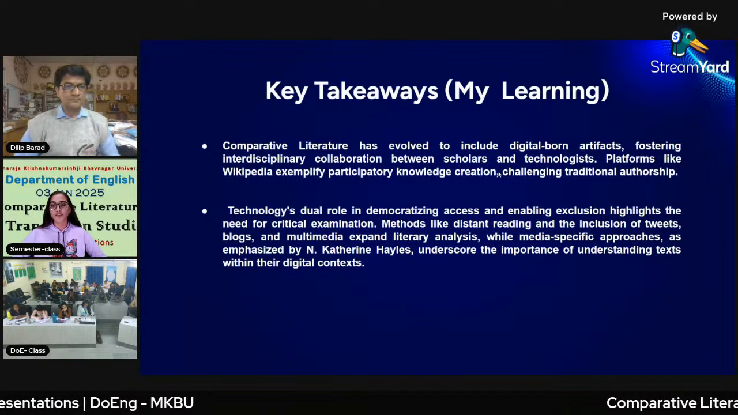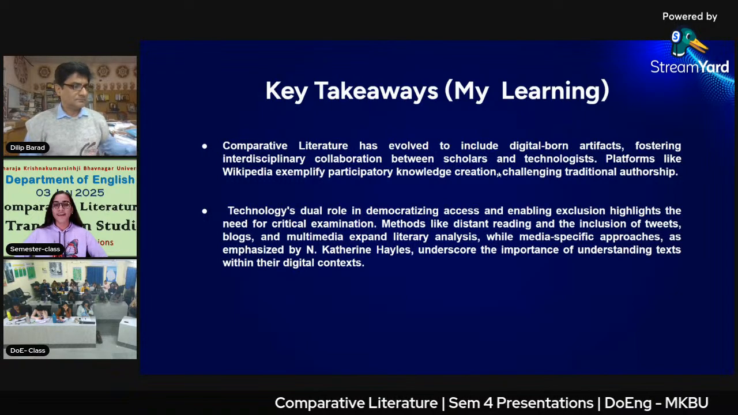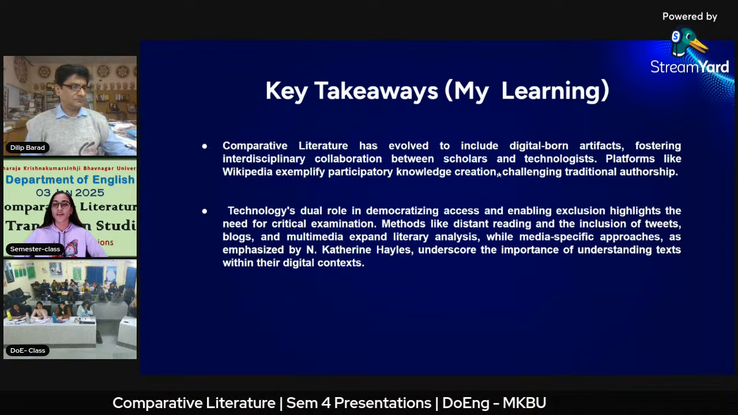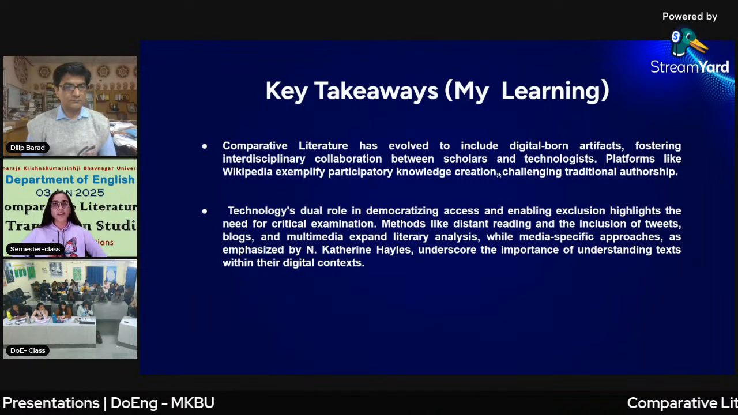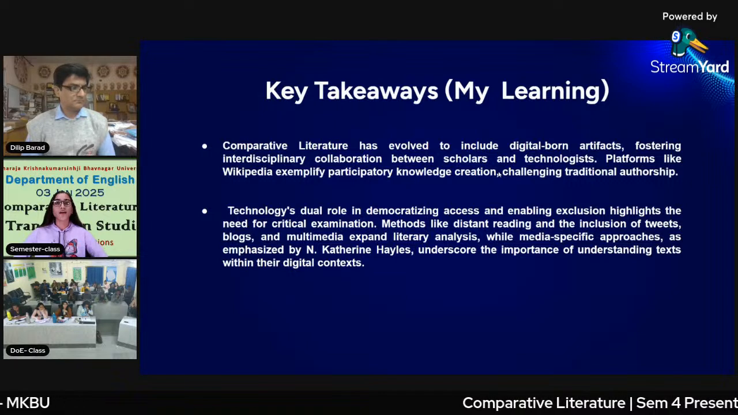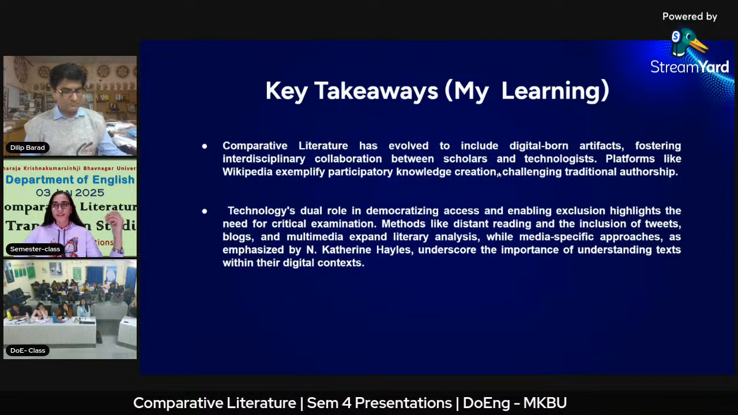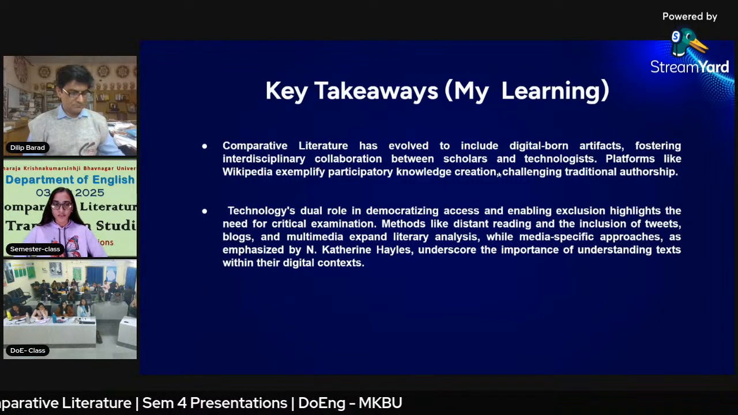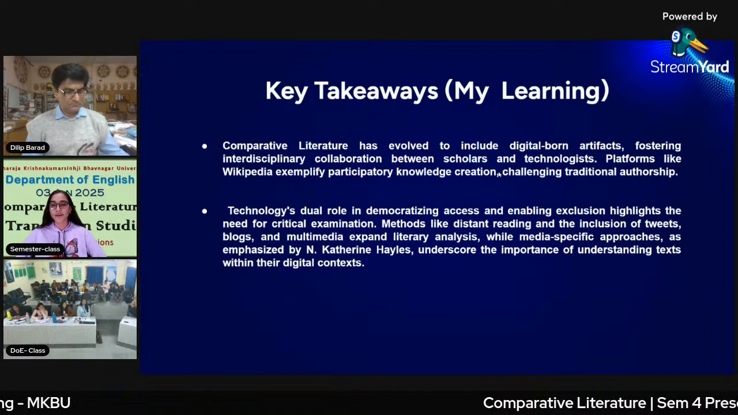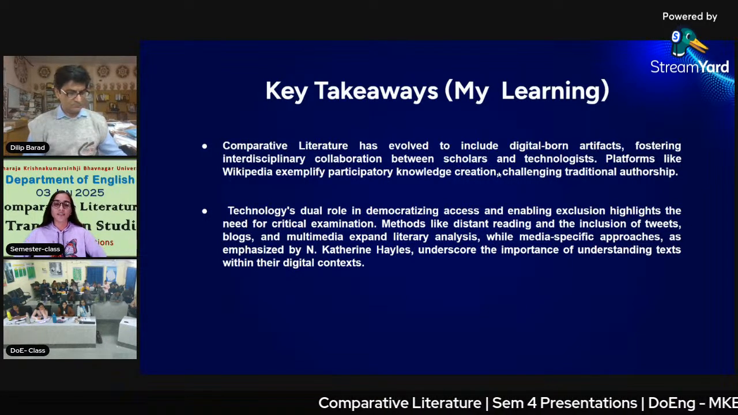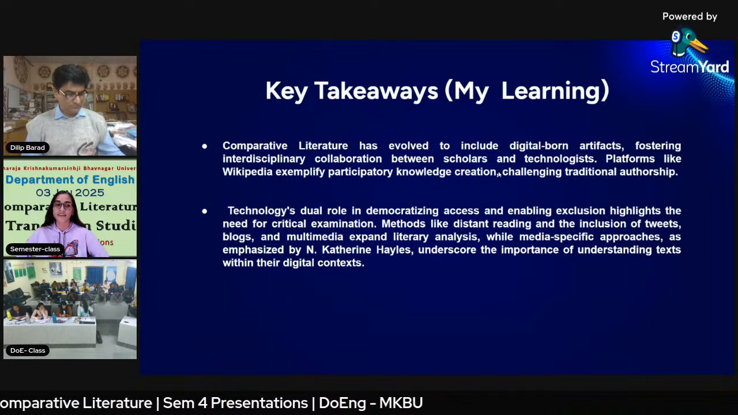Technology has a dual role: democratizing access and enabling acquisition, which highlights the need for critical examination. Methods like distant reading and the inclusion of tweets, blogs, and multimedia expand literary analysis. Some days my personal experience is with blogs and other activities during our MA, and we use that for our learning outcome, while the media-based approach is emphasized and also critiqued. Katherine has underscored the importance of understanding stakes and digital